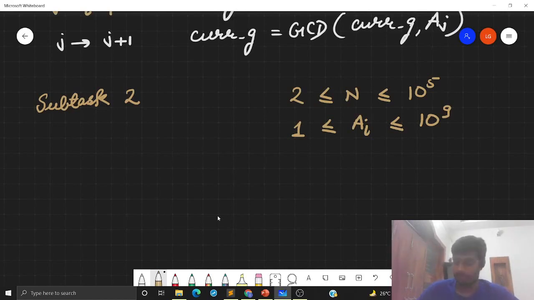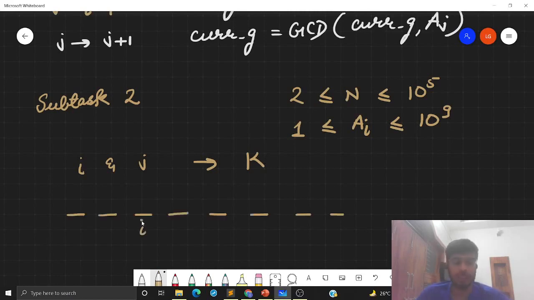Let's say in our array, I've chosen indices I and j, and I've got k as my final answer. That is, k represents the maximum goodness of an array that I can have. I have chosen two indices, I and j, and I have modified the values of these two indices. Once I have modified the value of these two indices, I am saying that the answer, that is the GCD of this array, would now be k.